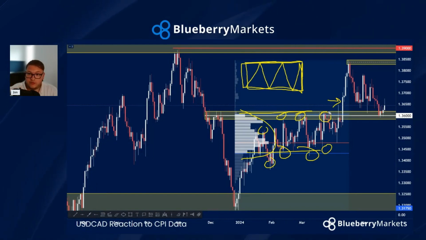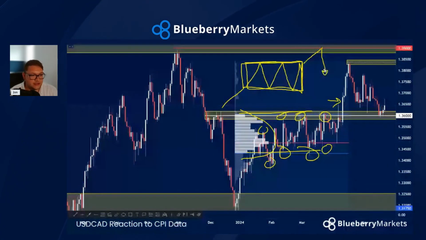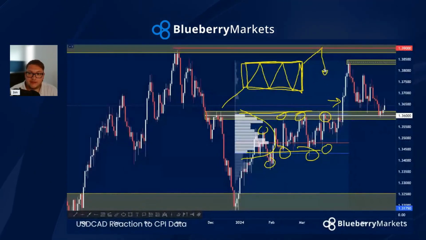Again, that coincided with the rally that we saw in crude oil. But now we've floated our way back down towards the 136 handle. What I like to look for is for price to go and test volume. If it breaches out of volume, I like the idea of markets coming back to those volume areas, because that's where volume has been created in the past. So I want to understand whether buyers or sellers are going to defend their positions, or are we going to see them give up that position and see a movement through that.